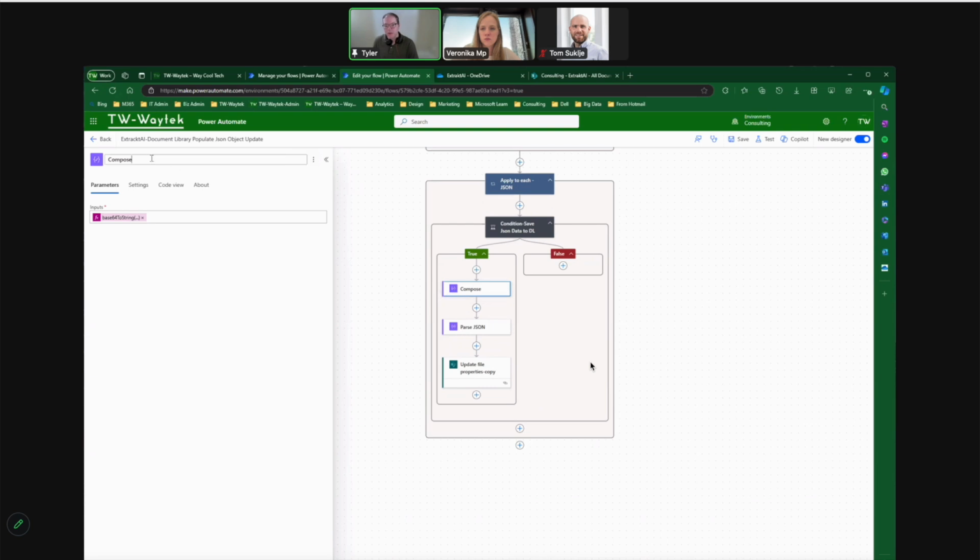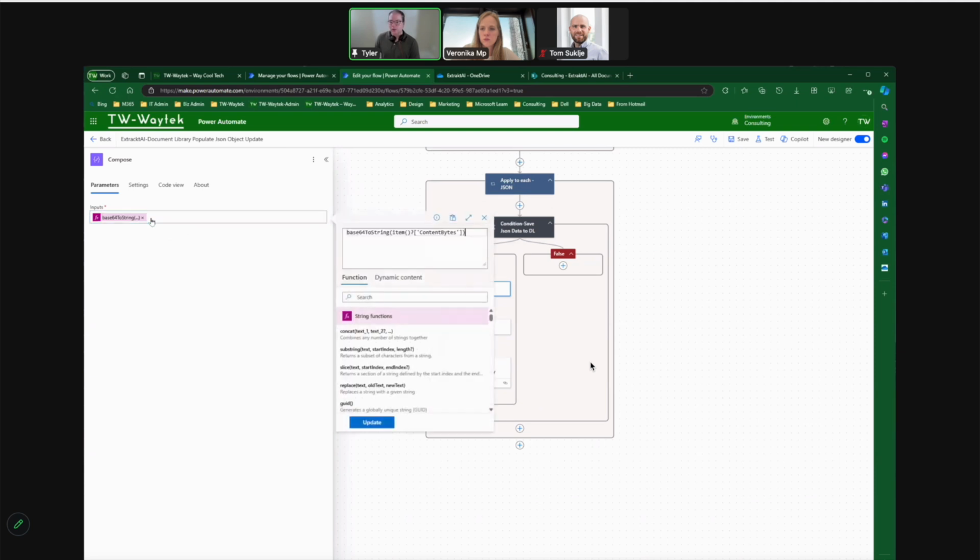The first is called a compose action, which essentially allows us to manipulate the existing data. We're going to use an expression in this case, so we would use the expression editor. And our expression is called base 64 to string. So when